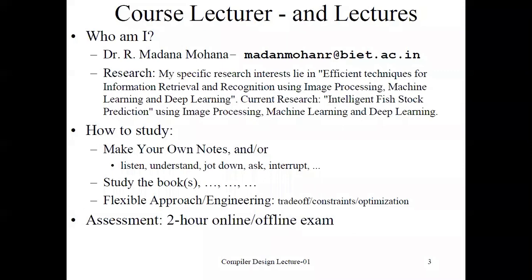Then another tip is you have to study the prescribed textbooks. Then you have to adopt some flexible approach or engineering approach like trade-off or constraints optimization. Then assessment as per university regulations, we have to adhere to the internal assessment.